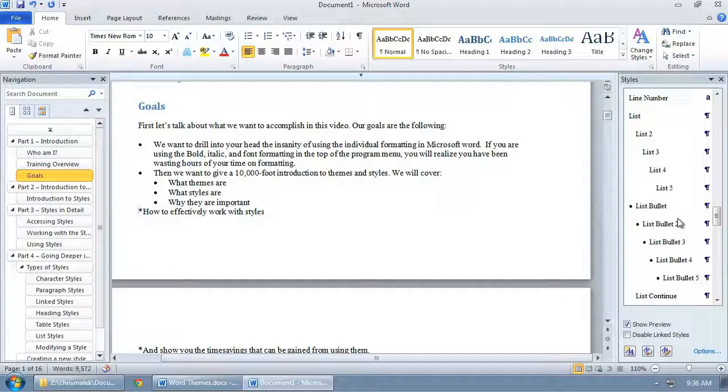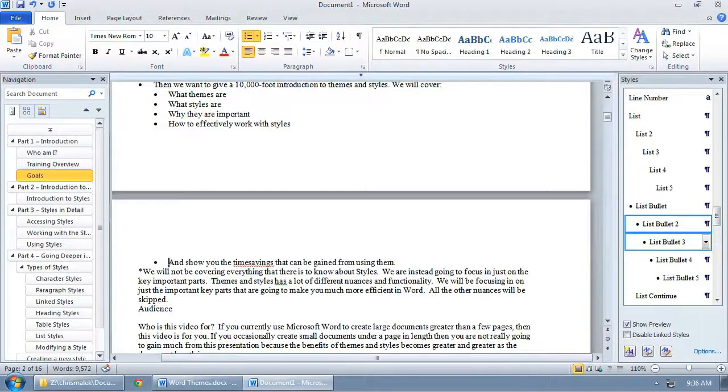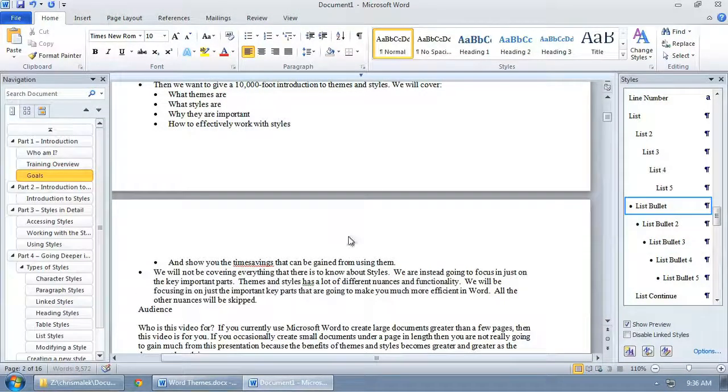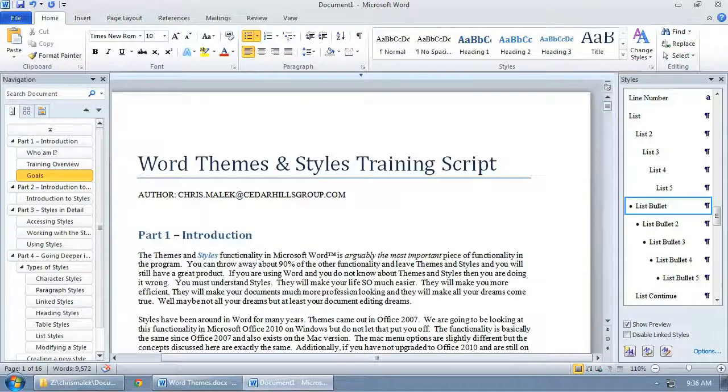Do not worry if you don't like that little black circle, as you'll see in a later section that we can easily change the black circle to something else and the whole document will be updated wherever that list bullet style is used. So now that I have some of my document marked up with styles, I generally like to